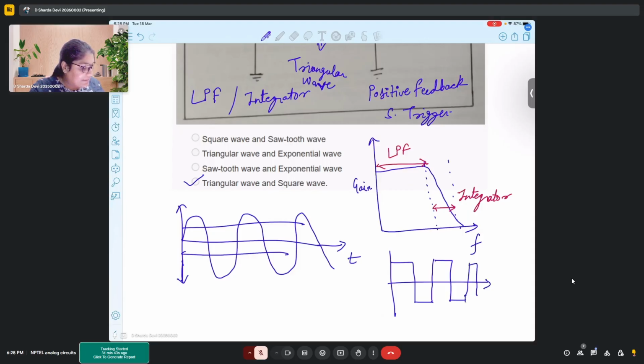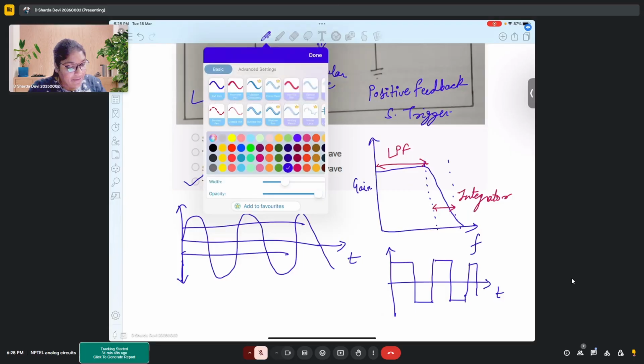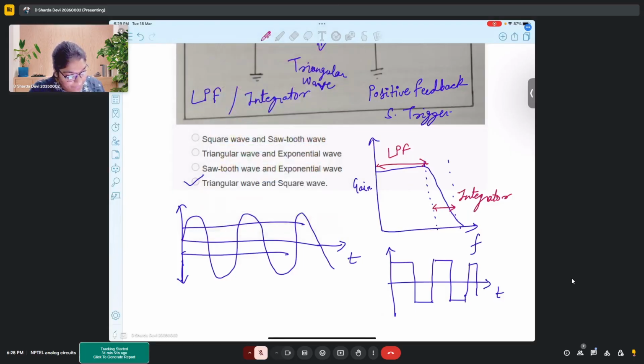But it is not necessary that you only need to have a sine wave. If I have a triangular wave, then also the conditions remain the same and your Schmitt trigger will work as it is, right? Be it a sine wave, square, triangular wave, or let's say a sawtooth wave,